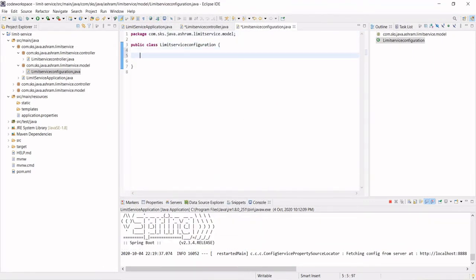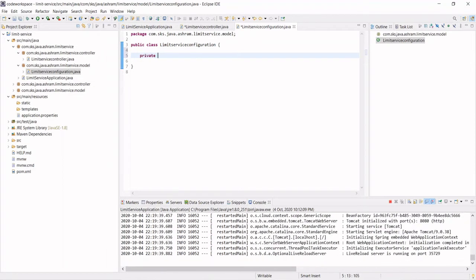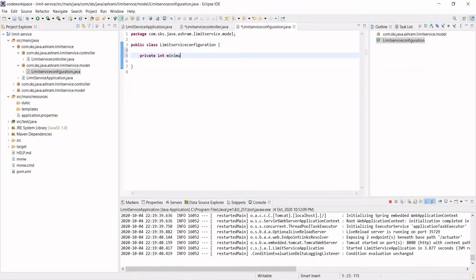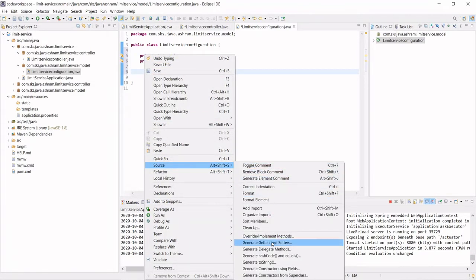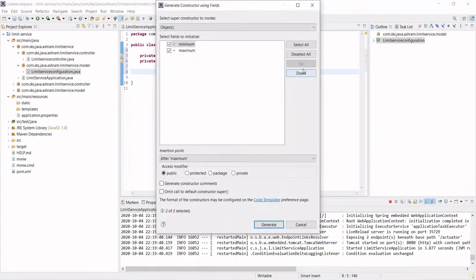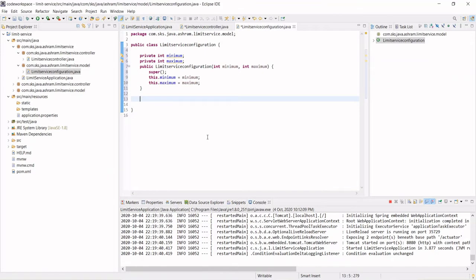So let's define two attributes, private int minimum, private int maximum. Okay, create getter and setter: source, generate constructor using fields, generate.